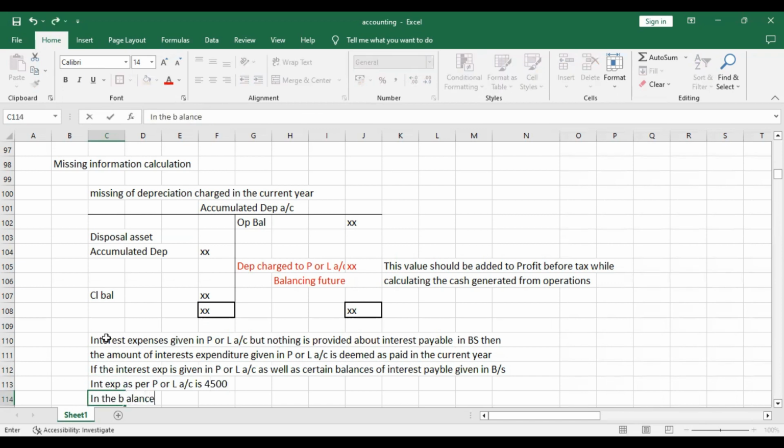In the balance sheet, interest payable is given as 8,200 as per 2021